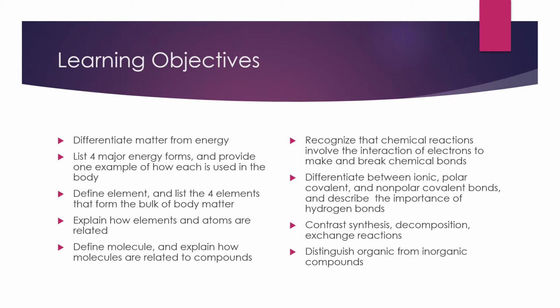So our learning objectives: differentiate matter from energy, list 4 major energy forms and provide one example of how each is used in the body, define element and list the 4 elements that form the bulk of body matter, explain how elements and atoms are related, define molecule and explain how molecules are related to compounds,